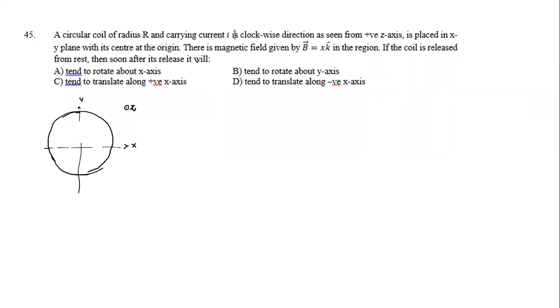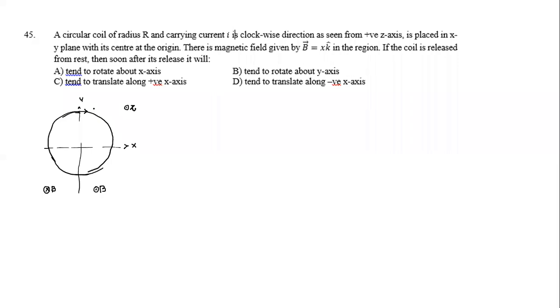If I look from here, the direction is clockwise. The magnetic field is not constant. If I look at the direction of the magnetic field, on the right half, when x is positive, the field is like this. Whereas on the left half, the field is like this. So to analyze what is happening to the coil, and in which direction the forces will act,